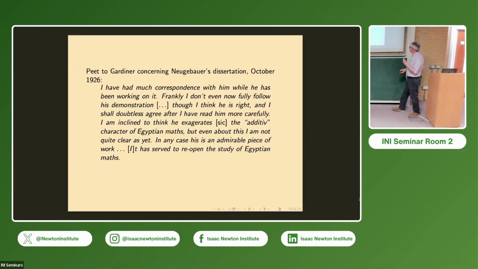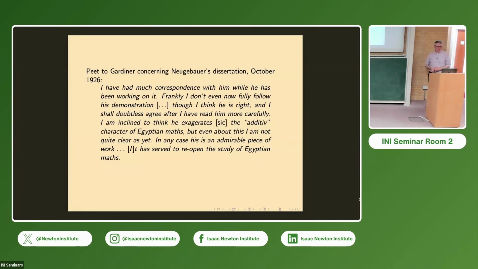He makes the argument that there is no concept of multiplication, or no general concept of multiplication, in ancient Egyptian mathematics. You have doubling, you have multiplying by 10, but those are conceived as entirely separate operations rather than instances of a more general idea. And so essentially the whole arithmetical scheme is completely additive. This is something that he argues there, and he argues it very strongly.